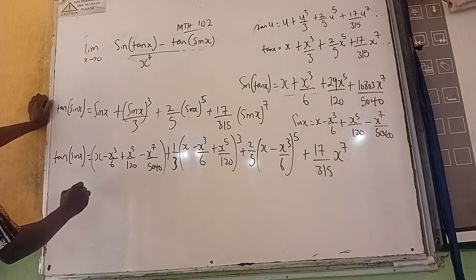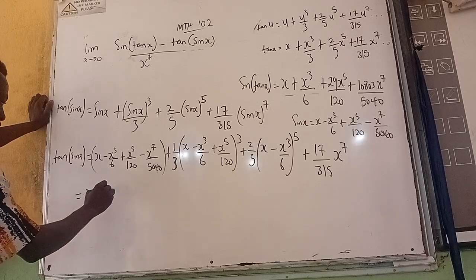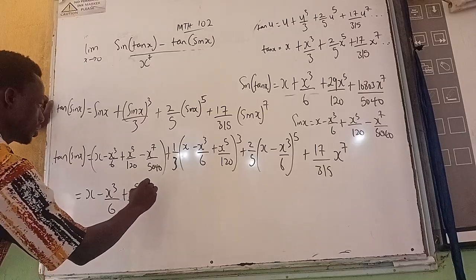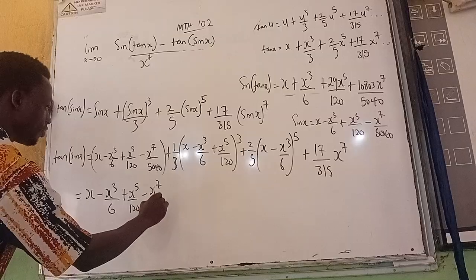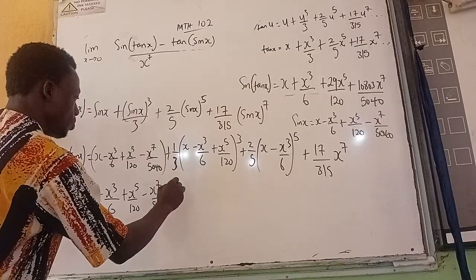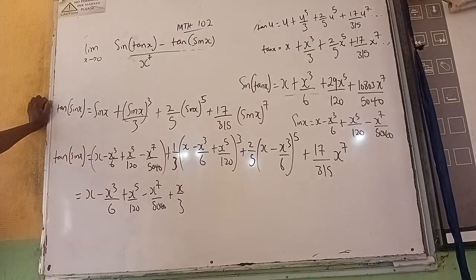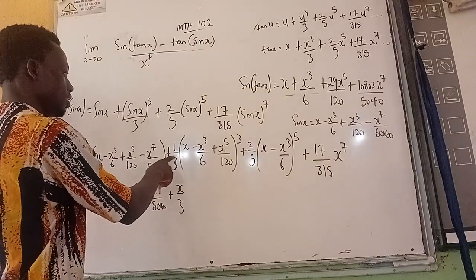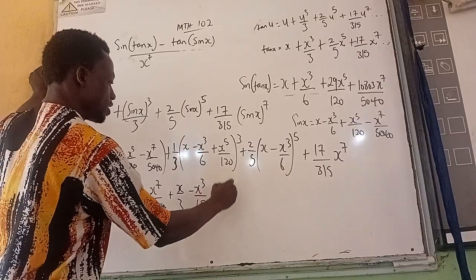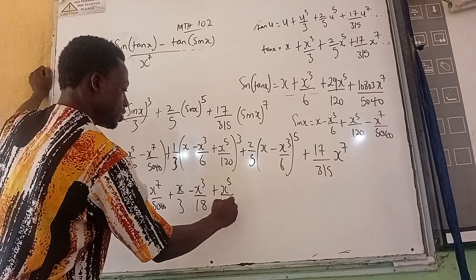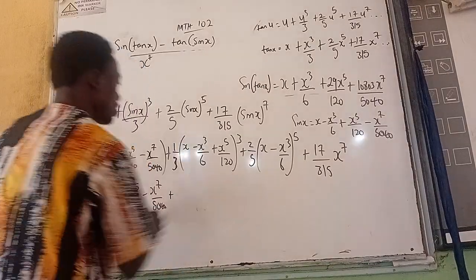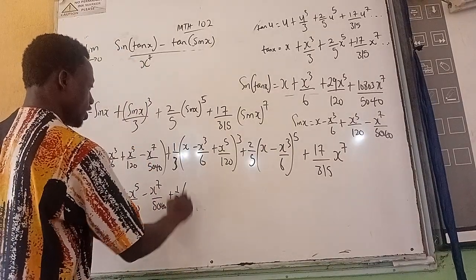So yeah, this gives us what? x minus x cube over 6 plus x^5 over 120 minus x^7 over 540, plus 1 plus x over 3. Are we together? Plus x over 3. This minus x cube, 6 times 3 is 18, plus x^5, 120 times 3 is 360, plus, oh sorry, what am I doing? I have to cube it, sorry. So 1 over 3, if you cube this guy,